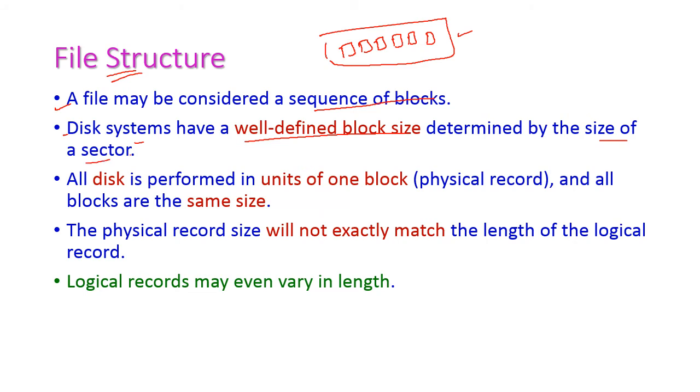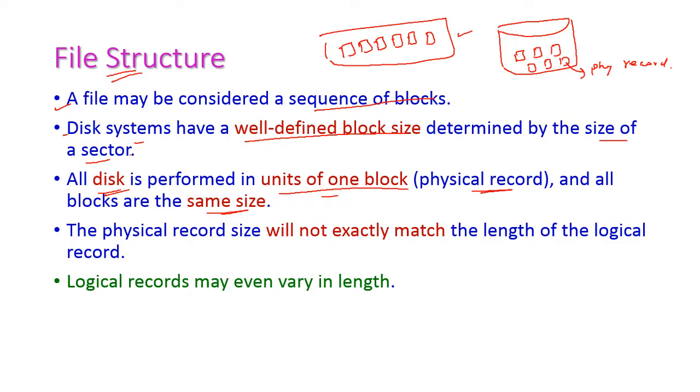Okay, see here, this is a very big disk, and this disk also contains well defined blocks, right? Here all the disk I/O is performed in units of one block, that is the physical record. Okay, so this is called a physical record, and all the blocks are the same size, where in a disk space all the blocks are the same size, right? Everything is